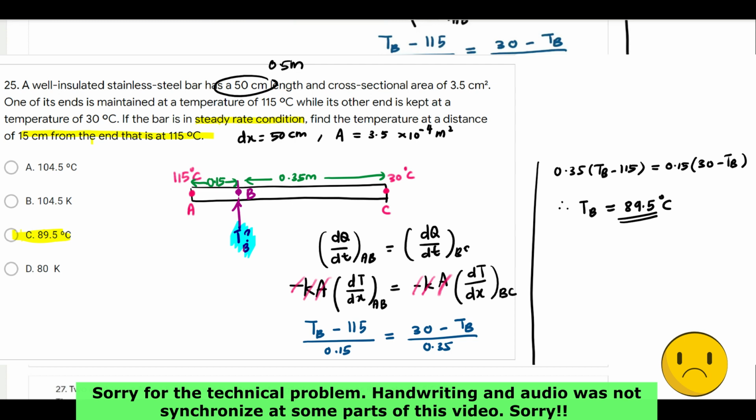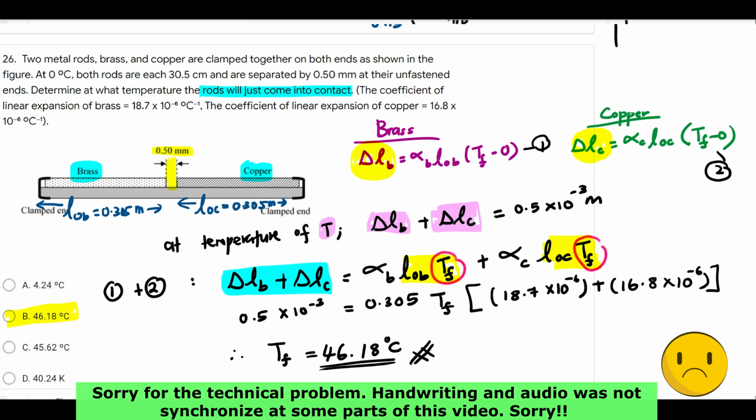Maknanya dua-dua tu mengalami pemanjangan. Delta LB pemanjangan untuk brass rod, delta LC adalah pemanjangan untuk copper rod. Pada ketika temperature itu yang kita nak kira, delta LB plus delta LC akan dapat nilai tadi. So equation number 1 dengan equation number 2 kita cuba tambahkan. So when equation 1 plus equation 2,